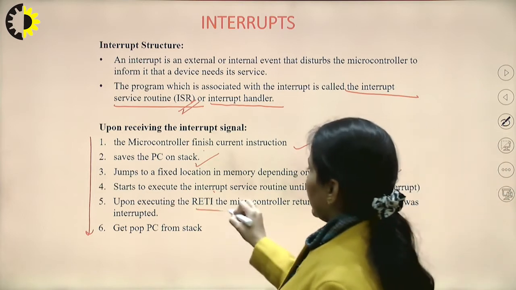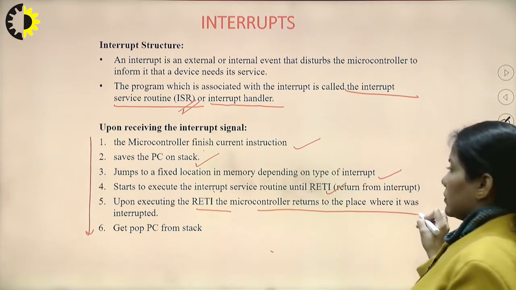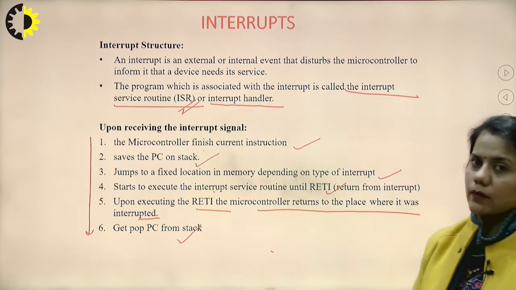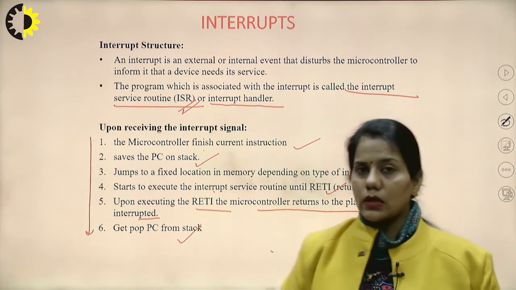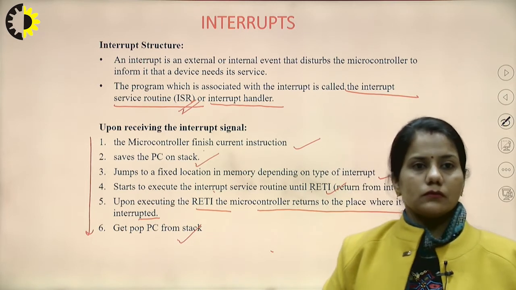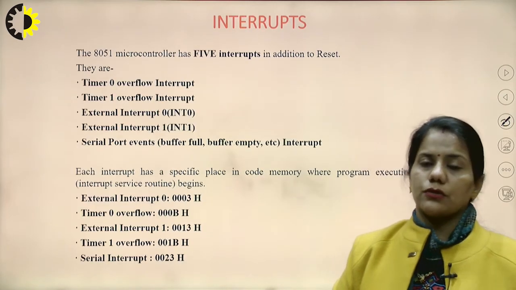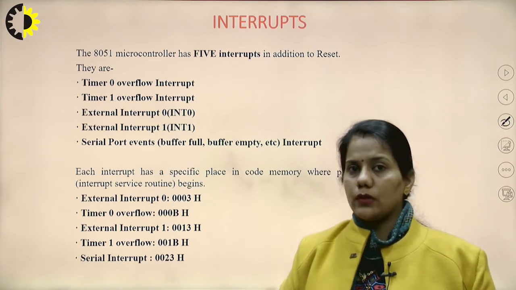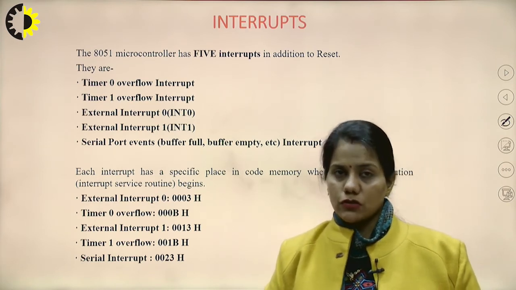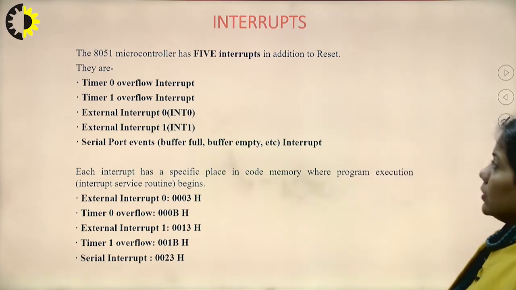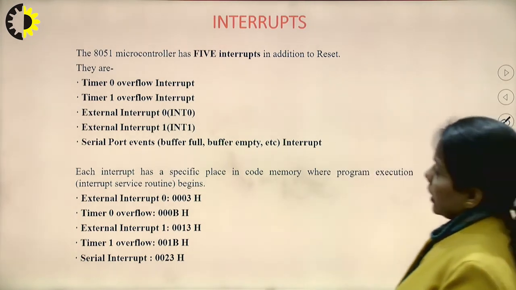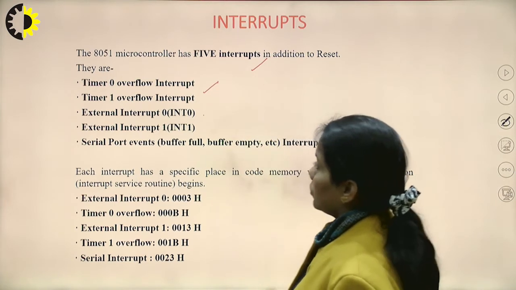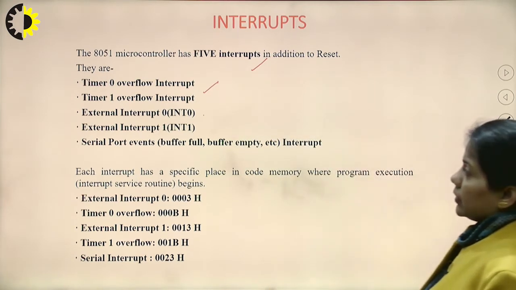Upon executing the RETI, the microcontroller returns to the place where it was interrupted and gets the PC popped from the stack. So the previous contents of this stack are popped up and the contents are stored in the program counter, which holds the memory location of the next instruction to be executed. So basically 8051 is having the 5 interrupts, that is timer 0 overflow, timer 1 overflow, external interrupt INT0,